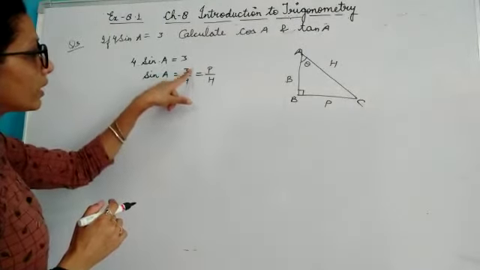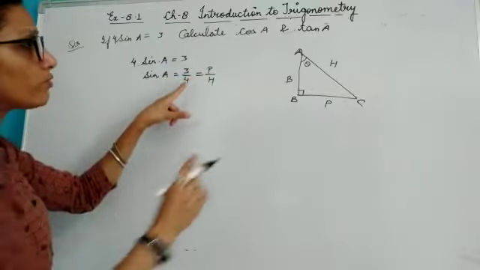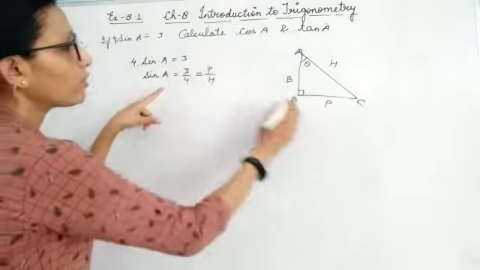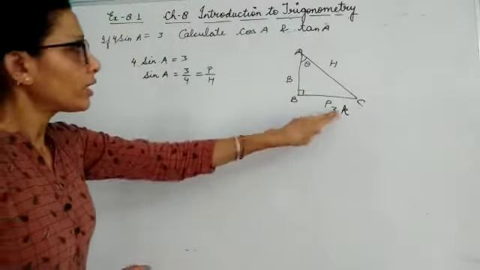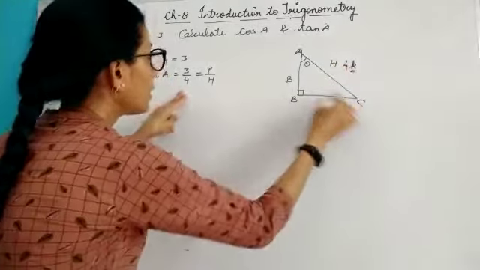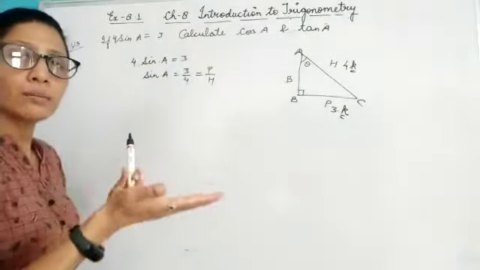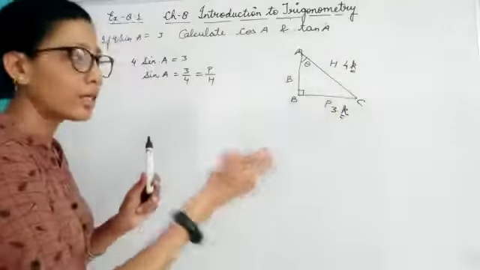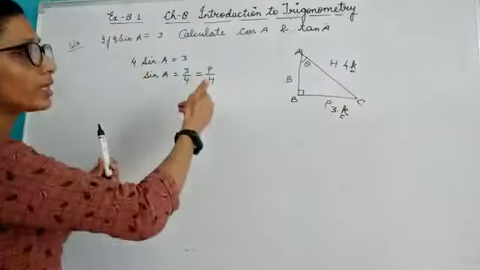So whenever you are taking the ratios of sides, that means this is given to you in simplest form. So if you are marking it on your right angle triangle, then your perpendicular will be taken as 3 into some multiple, that means 3 into K, and your H will be 4 into K. Why, children, have I taken this K? Because here it is given in your simplest form. That means it has been cut by a certain table, but that table I don't know. That's why I have written K for that table. So it should always be taken as 3 into K whenever you are taking the ratio.